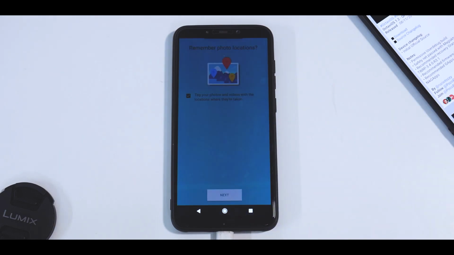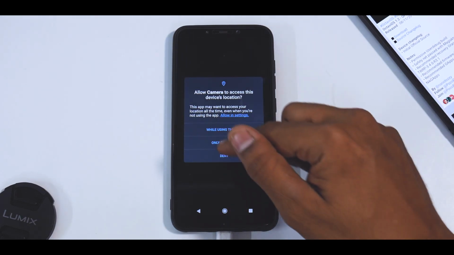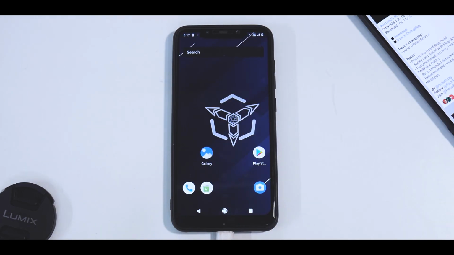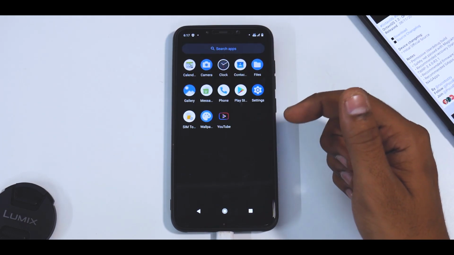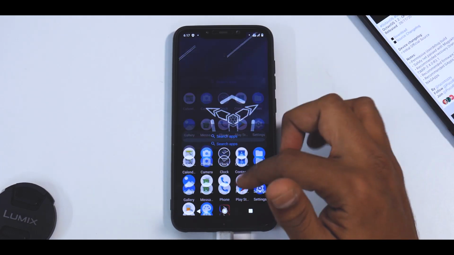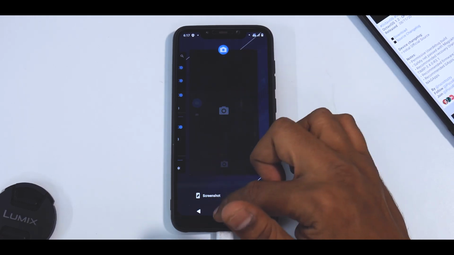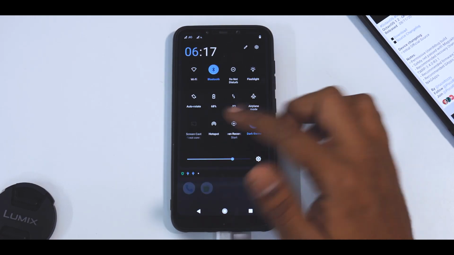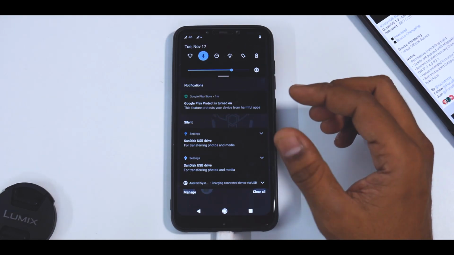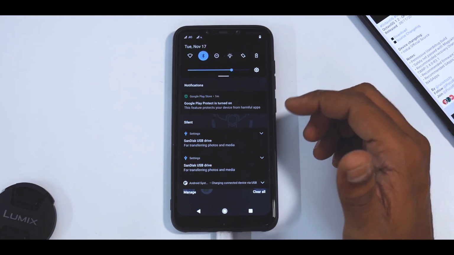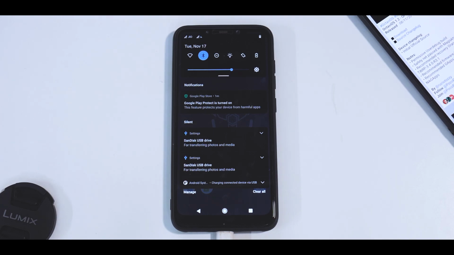So let's see what the camera included one is. It's a basic camera. It doesn't come with Gcam or ANX. I'm pretty sure sooner or later ANX will come or might already be working on Android 11. But yeah, you have wallpapers and a few other things. So the snappiness is there, the notification drawer and the whole feel or whole thing that makes a ROM different is there. It is worth a try is what I would say.